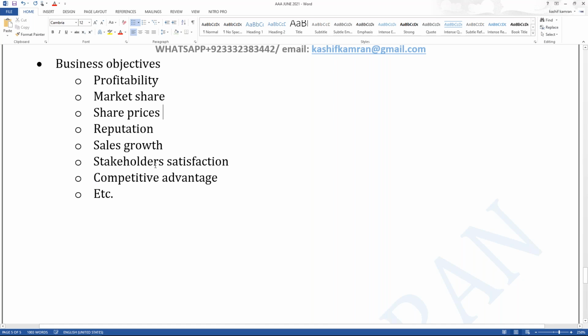And please also remember, business risk can be from an internal event and can be from an external event. The business risk can be because of a trade union strike, which is an internal event. It can be because of high employee turnover, which is an internal event. And it can be because of COVID-19, which is an external event. So business risk can arise from events internally and externally to the business. Are you clear on that, everyone?